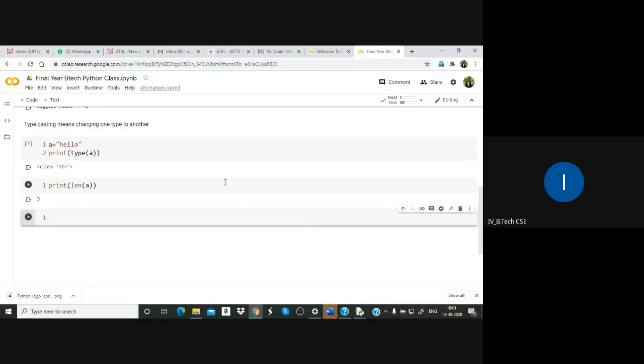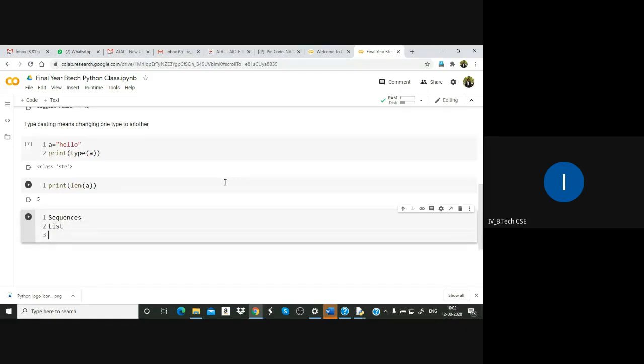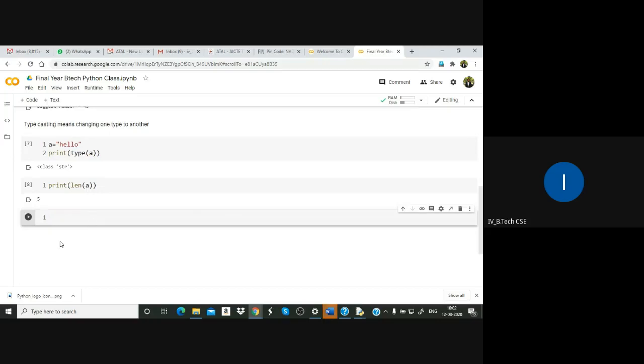In Python there is another set of types that is called sequences. Under the sequences, first type is list. List means it is like similar to an array.